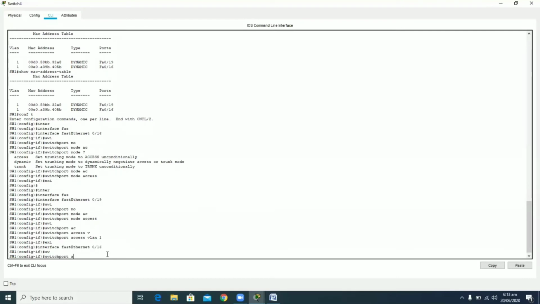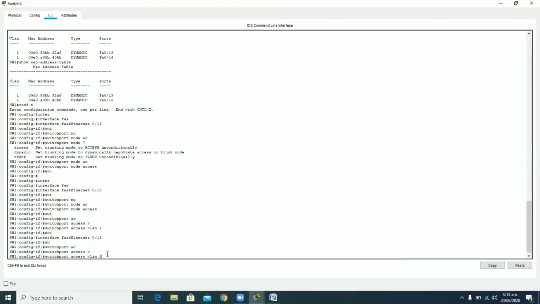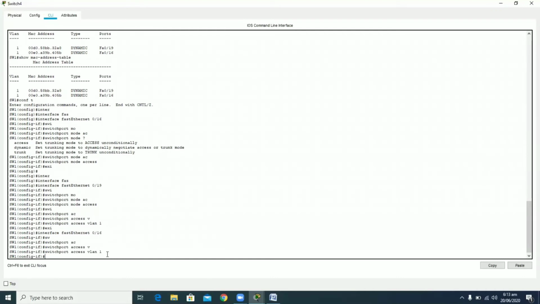Switch port access virtual LAN must also be defined. Here we haven't created any other virtual LAN except the originally created virtual LAN number 1, so I'm configuring these ports as virtual LAN number 1 access ports. So this is the way to configure an access port.